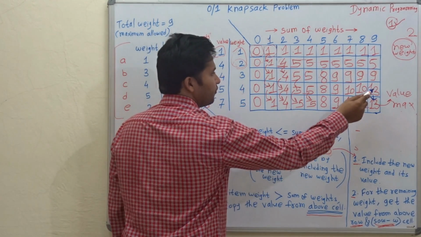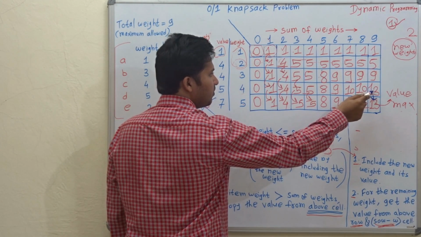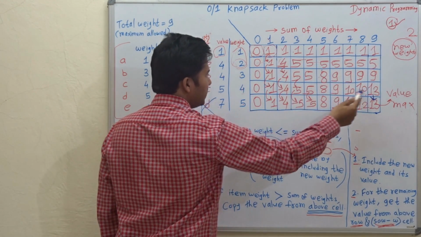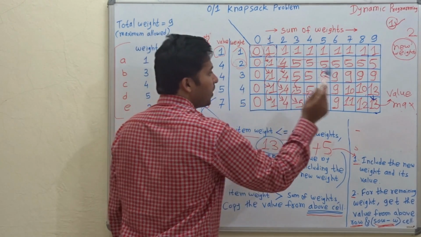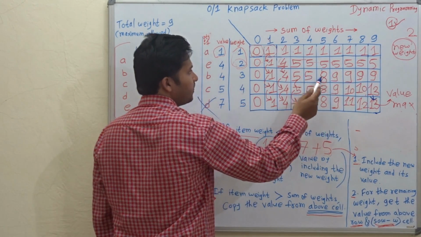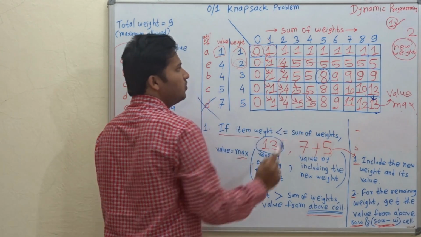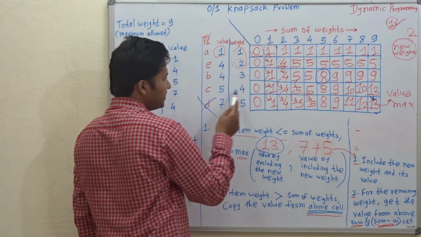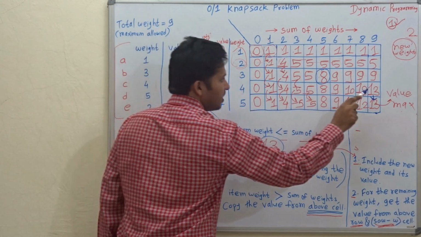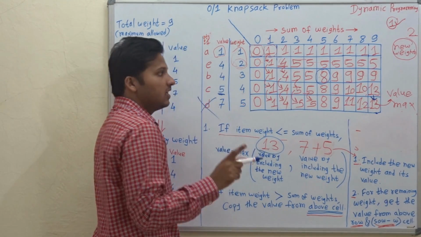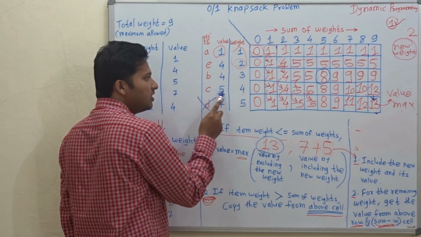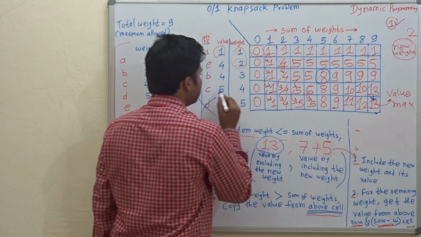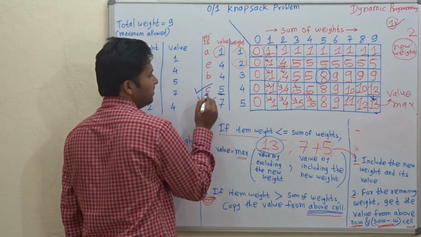Okay. Now this above cell, from where this cell has come, see here, the sum of weight is 9. 9 minus 4 is 5. So in the above cell, go to the fifth cell. Yes, the value is 8 here. Okay, this means that 8 plus this 5 has become 13. Means we have included this 5, we have added this 5 to 8 and we have formed 13, which means we have included this item C.